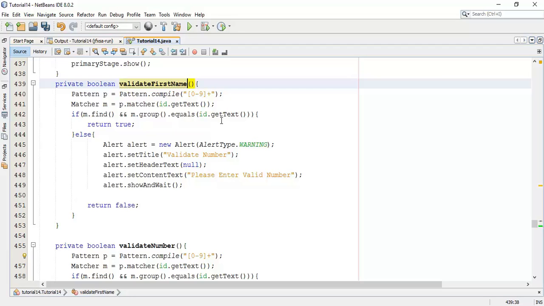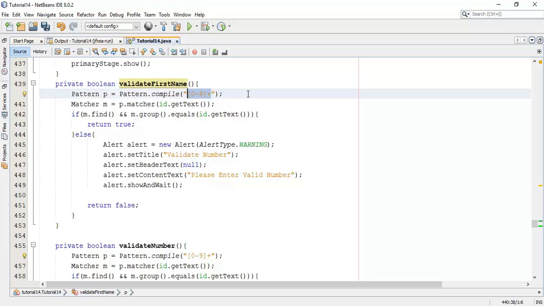So during the first name it must be a character. I'm going to replace this integer with the characters.